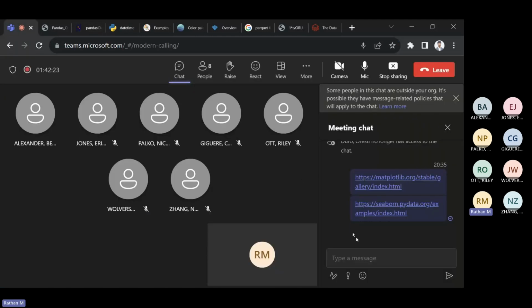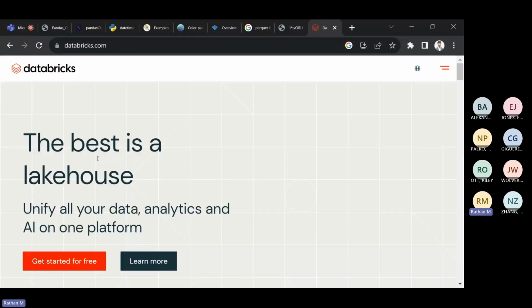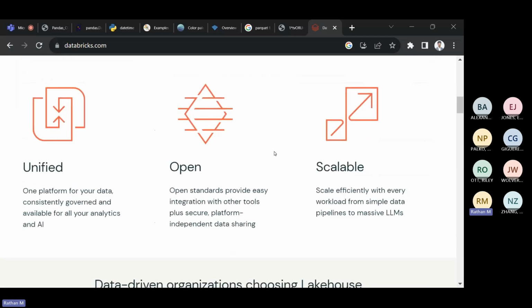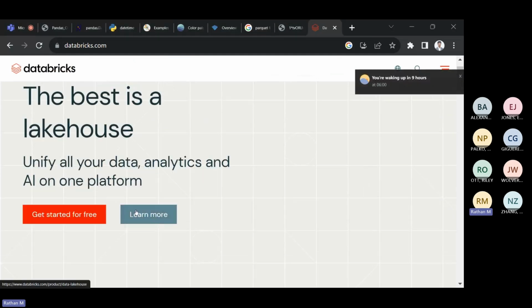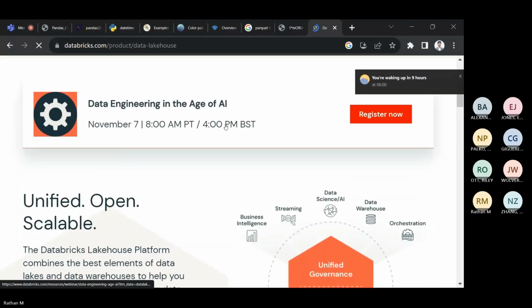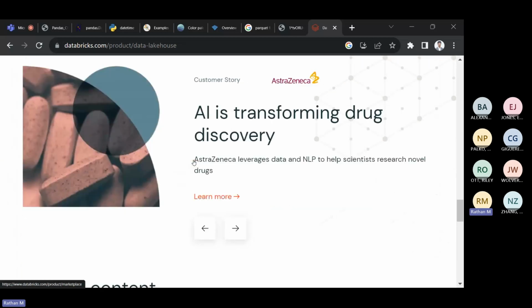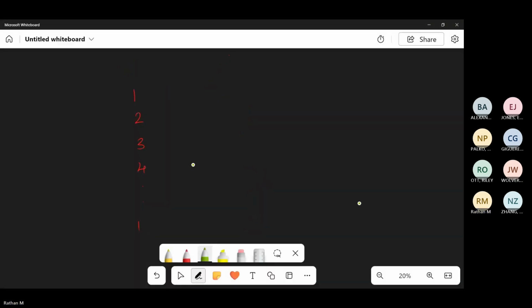I'm just gonna share this. If you want to take a look at this link and download this, perhaps if you are interested in learning more about it. But I'm gonna go to Databricks webpage, and you see Databricks helps speed up some things with data lakes or lakehouse, whatever you want to call them. So the whole idea here is that you can have large amount of data available. When you have very large amount of data available, you can use multiple computers to take advantage of it. Like for instance, you can